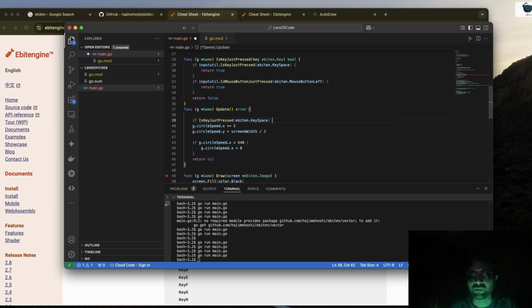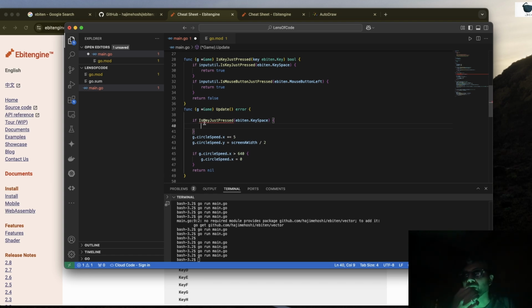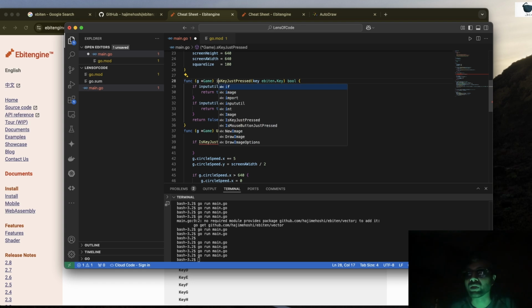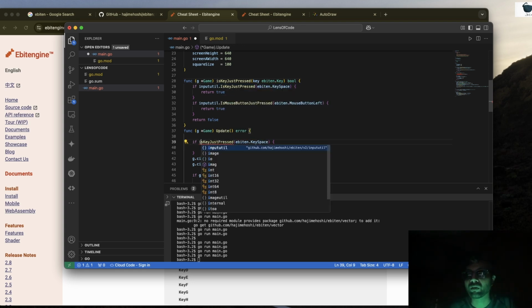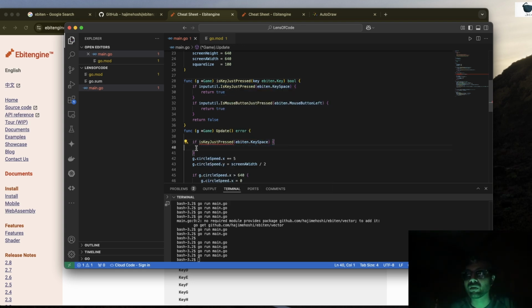Okay, anyways, fine. If the key is pressed, we will say g dot circle dot x is equal to